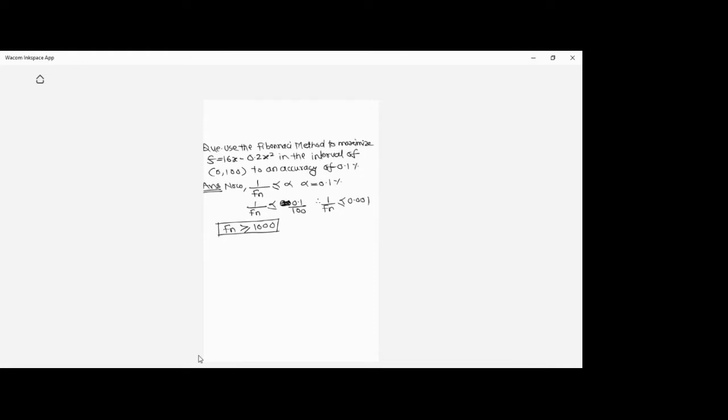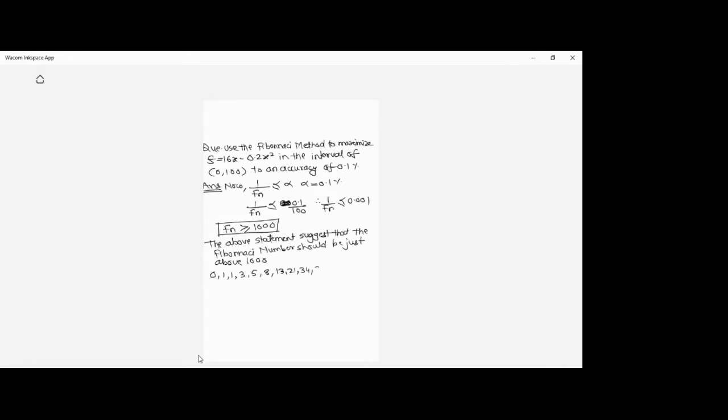So what they are telling us is that the above statement, I will be writing here so that you don't forget, the above statement suggests that the Fibonacci number should be just above 1000, right? So if we remember the Fibonacci series, it was 0, 1, 1, 2, 3, 5, 8, 13,